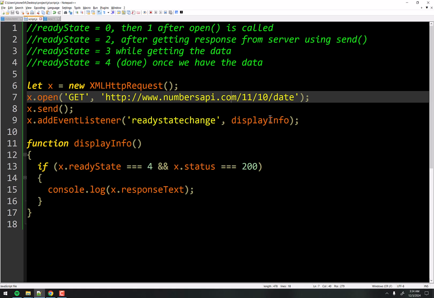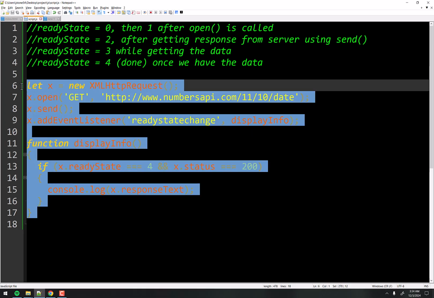Okay, but this is not very dynamic, right? We want to have all this stuff happen based on user input. We don't want to just put any old date there. We want the user to be able to pick a date and choose what the date will be. So maybe they can look up their birth date or something like that, right? But before we get to that, this is basically all there is to it.